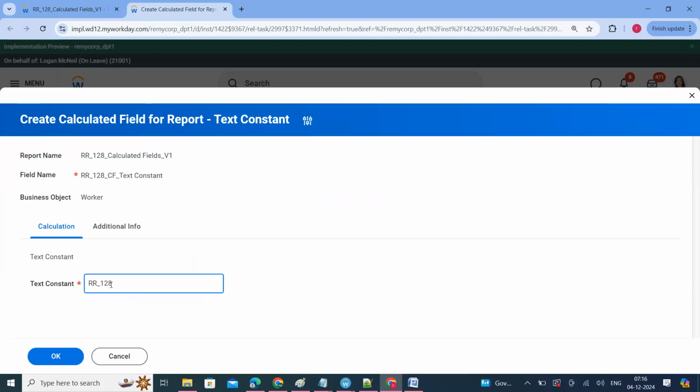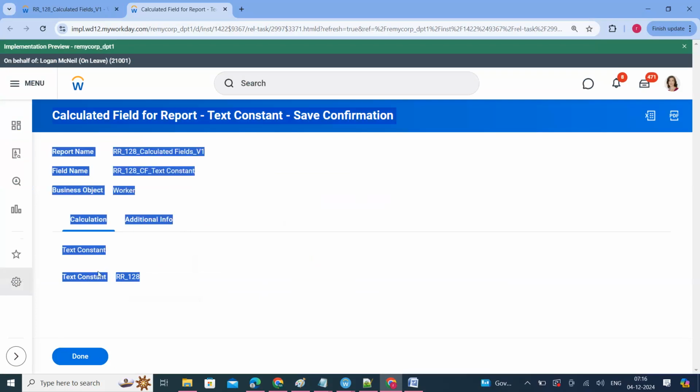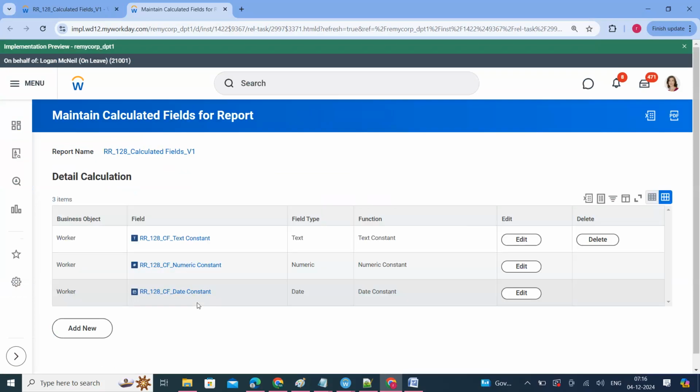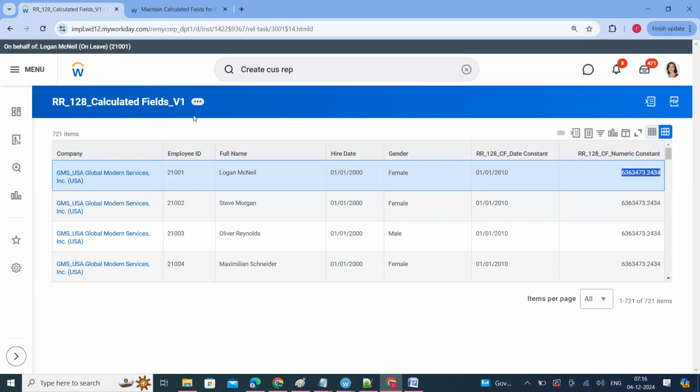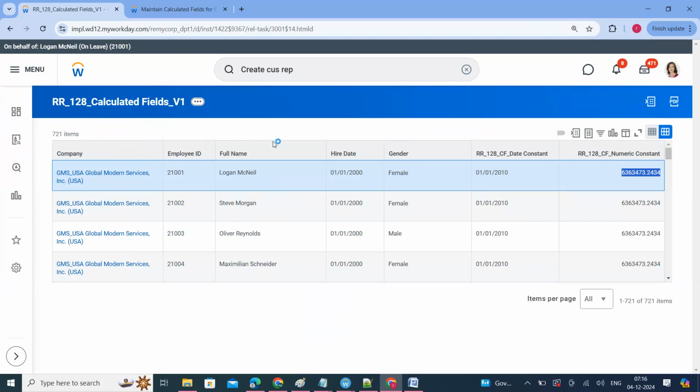Okay, for example, I want to display RR underscore 128 something. RR underscore 128. Any kind of text you want to display as an output column, those text we can use the text constant function. The hard coded text you can select here, and this you can utilize in your report output. Okay,